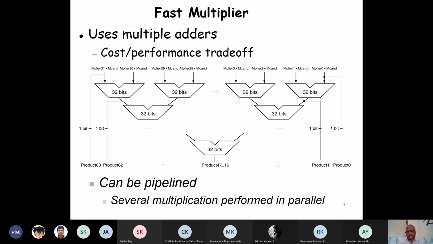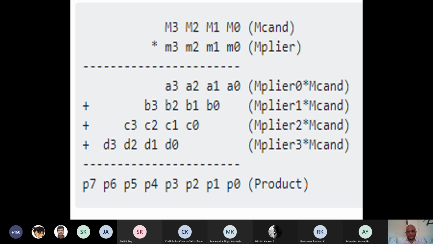And here we are getting 32 bits. This is a 32-bit adder. So we are getting 32 bits. 16 to 47 we are getting by the last adder. So there are 16 adders at the top, then 8 adders down there, 4, 2, and finally 1. And to understand why it is so, we look at this and make an observation.